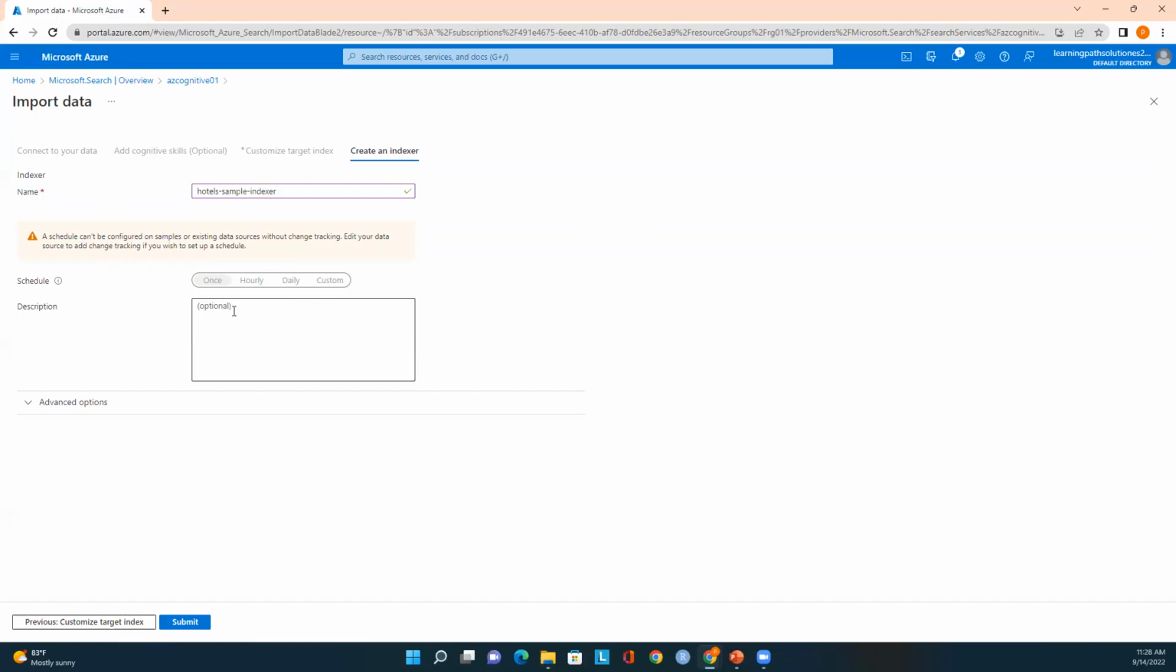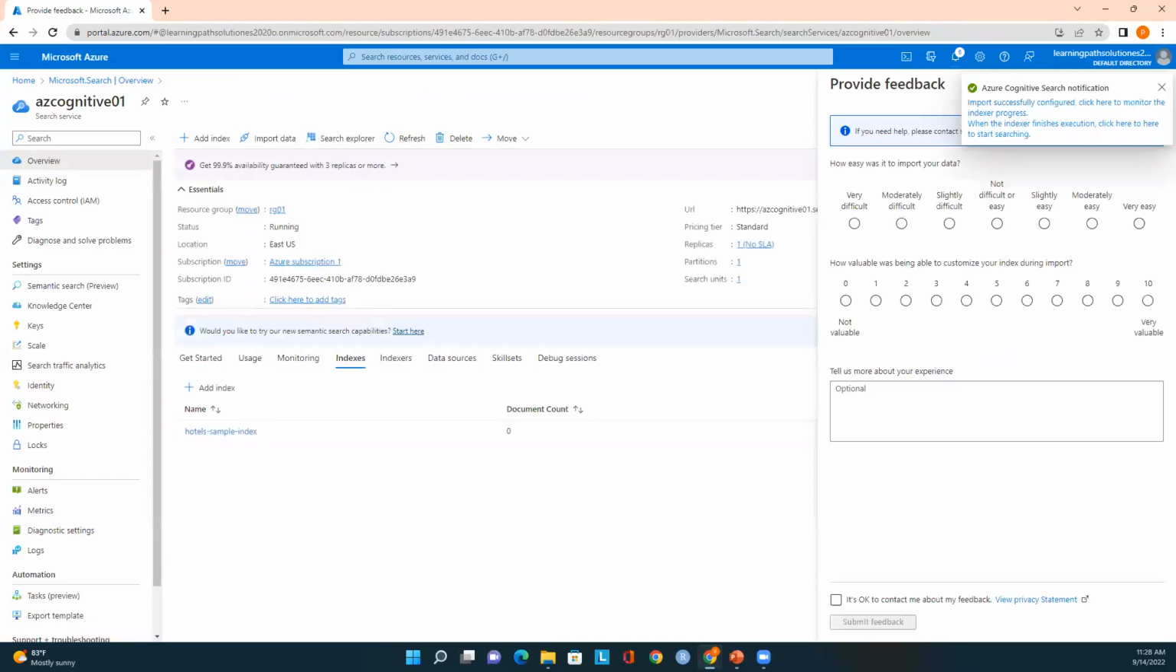And description, you can enter any description if you want for this index. You can add it here. I'll just leave it empty for now and submit. So now we see that our index is created. And once our index is created, I will show you how to monitor the progress. And if you want, provide feedback to Microsoft, it helps to improve the Azure